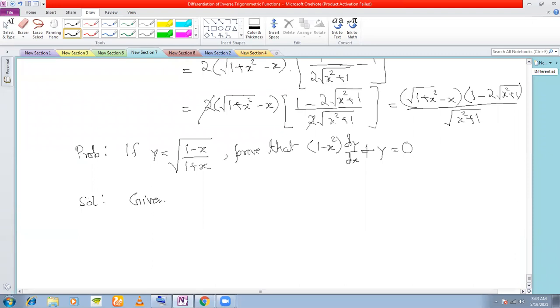we start with y. See that if I differentiate this directly, it's going to be a little tedious, right? But you can do it, no problem. If you're confident with differentiation, you can do it, but the chances of errors will become very high. So what you do is, because you see a 1 minus x square here, you try to bring a 1 minus x square here inside the radical. How do you do it? You multiply the numerator and denominator by 1 minus x.